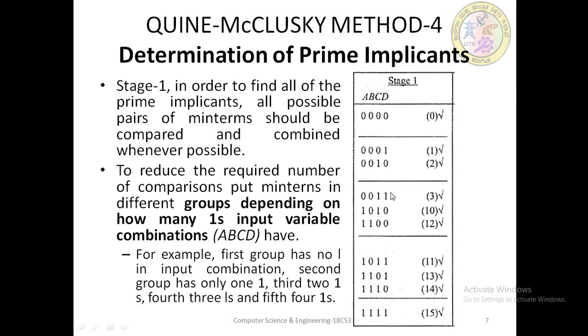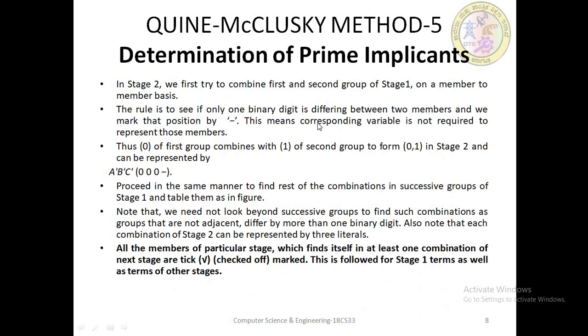Here you can see we will ignore this combination, 1 and 10, because we need to consider here only the combinations in which only one position change happens. Suppose we take this one, 0 and 1, a dash has come. If we go to the next one, 0 0, that's fine. Here once again you can see 0 and 1, that means two dashes. We already have one dash in the first input combination, and we are trying to have it again here. So we will ignore this kind of combination here. In the future you will understand. That's what has been mentioned here.